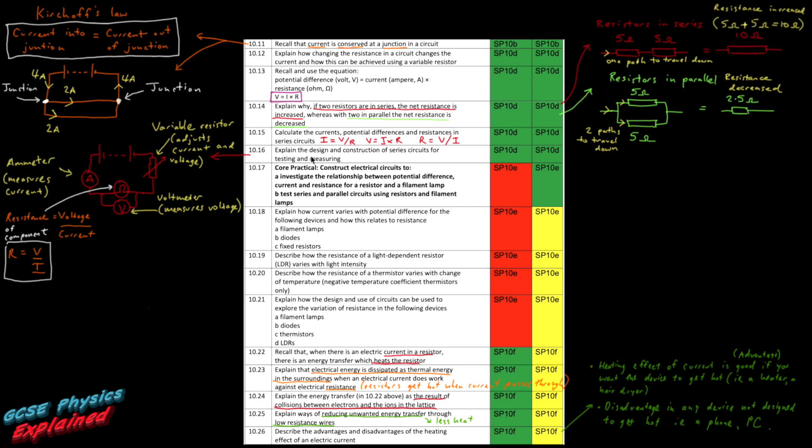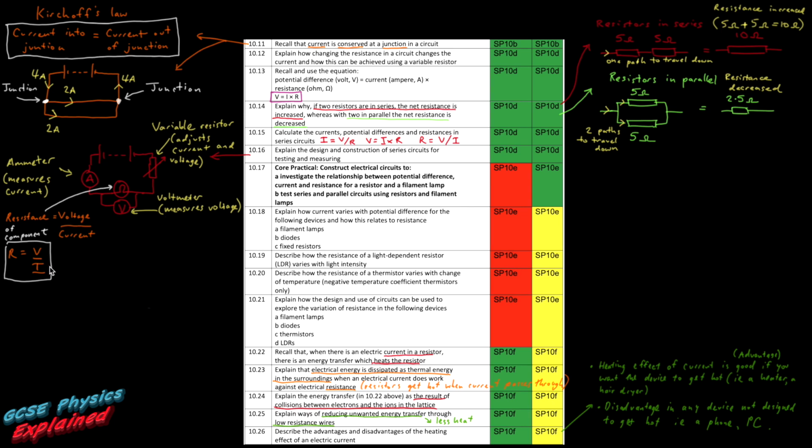10.16. Explain the design and construction of series circuits for testing and measuring. So this is your standard test circuit. It allows us to measure the current using the ammeter and measure the voltage using the voltmeter. And then to get the resistance of the component, you just do the voltage divided by the current, V over